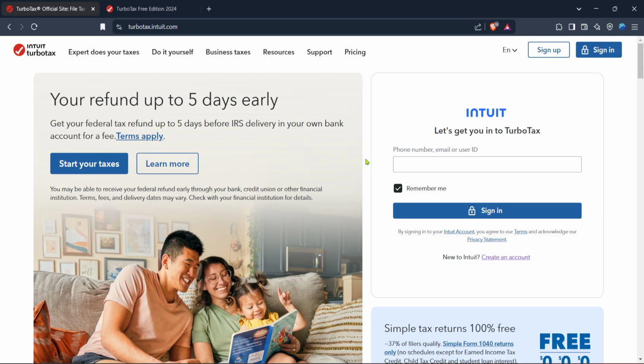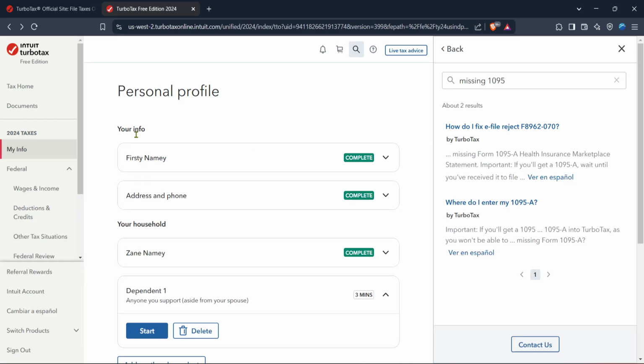The first thing you'll need to do is go to the TurboTax Free Edition for 2024. If you're not already on the TurboTax website, open up your preferred browser and visit TurboTax's official site. Once you're there, navigate to the free edition section for the current tax year. This is crucial because you want to ensure you're working with the right version that aligns with this year's tax